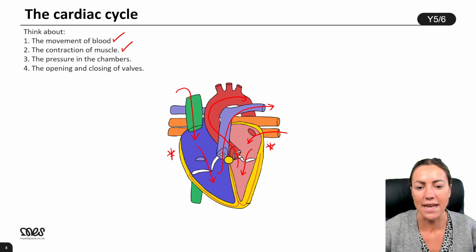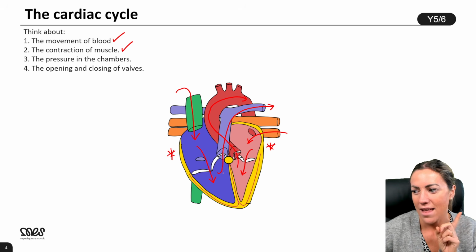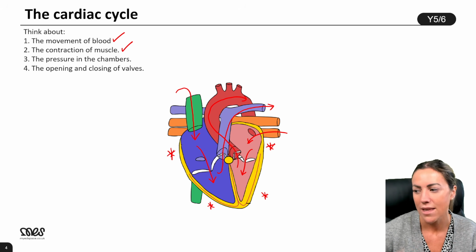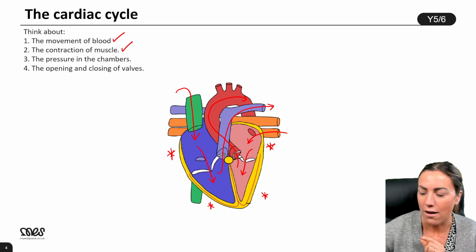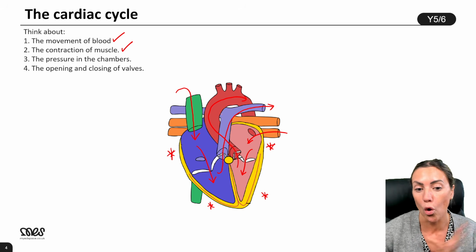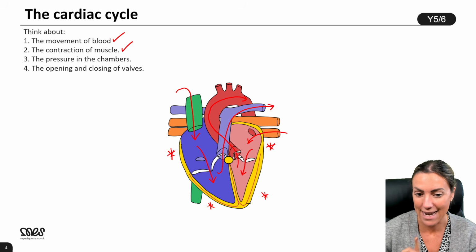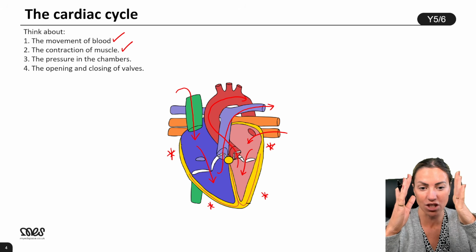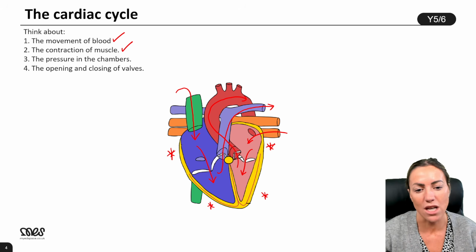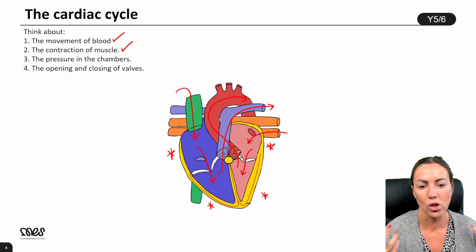But it's logical to think atria contract first. Then the blood's going to move into the ventricles. And then the 2 ventricles are going to contract simultaneously next. That's ventricular systole. Then obviously, the semilunar valves are going to be open, so blood's going to flow into the arteries, and at that point, all chambers relax, diastole. So we have atrial contraction, then ventricular contraction, then when blood moves into the arteries, we have diastole, all chambers